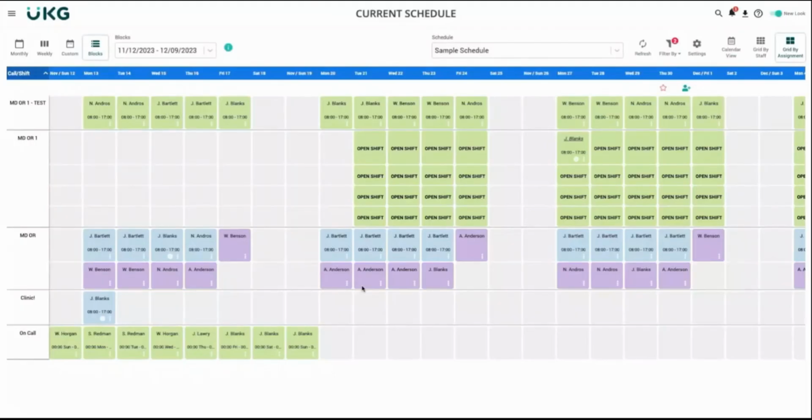A request workflow that is available to me is the switch workflow. This will allow me to request or submit a switch with another staff member in my department. A switch means I am assuming their assignment, they are taking my assignment, or it is a one-to-one trade of assignments between staff members. The most straightforward way to do this is navigating to the current schedule,